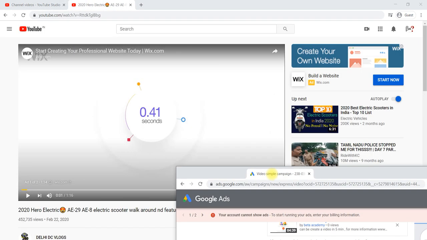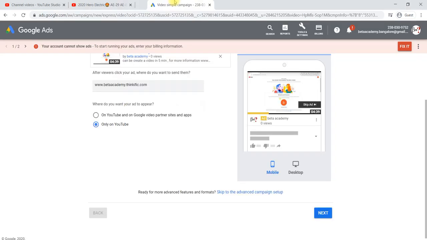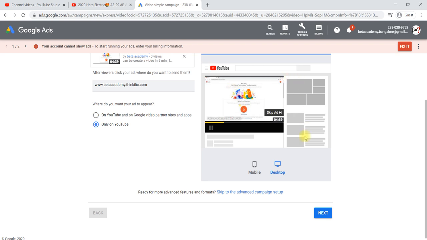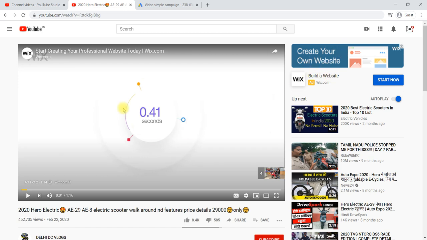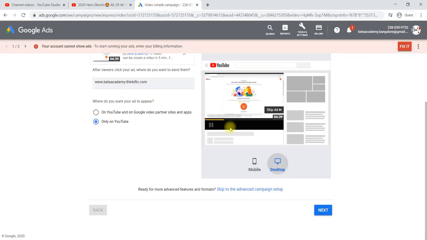This is the way your ad will be. Then the desktop view shows how it will look on a desktop, and your ad will also run in this particular section. Then go to next.